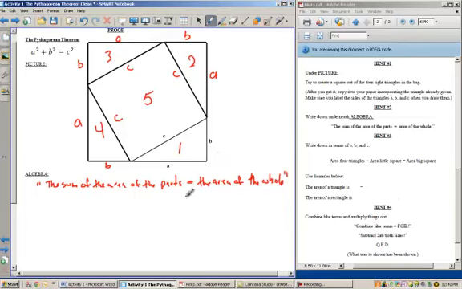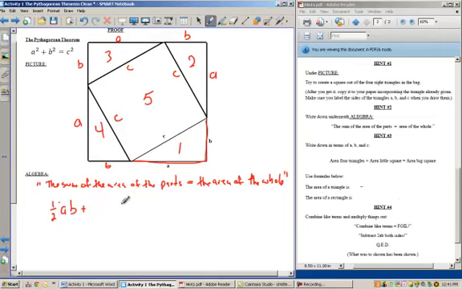Right? If you get stuck, you read hint 3, which says write down in terms of A, B, and C the area of 4 triangles plus the area of a little square equals the area of the big square. And it even tells you, and here I guess it's missing, but it should tell you, the area of the triangle is 1/2 the base times the height, and the area of the rectangle is 1/2 the length times the width. And so what I can do here is figure out the area of the 4 triangles. The area of one triangle, here's the base, here's the height, and so it's 1/2 the base times the height, so